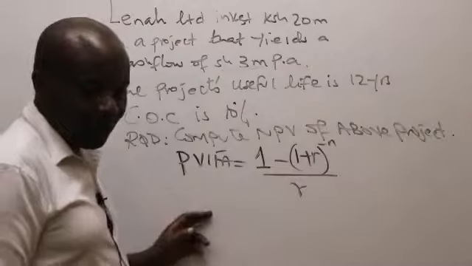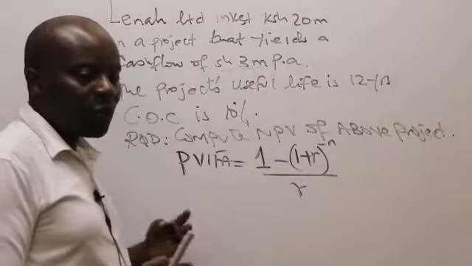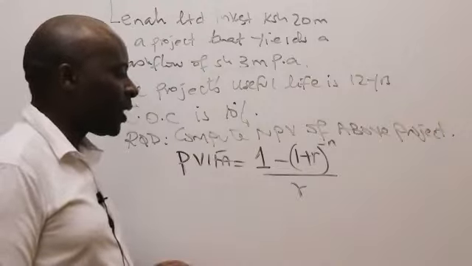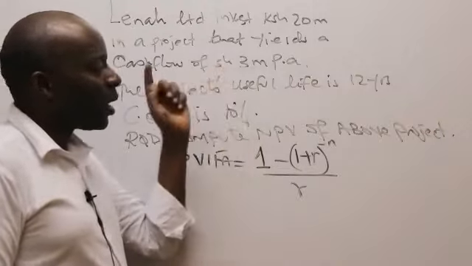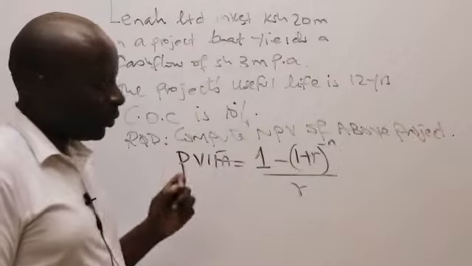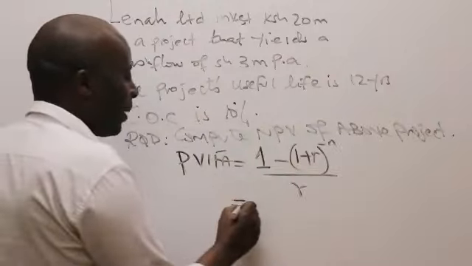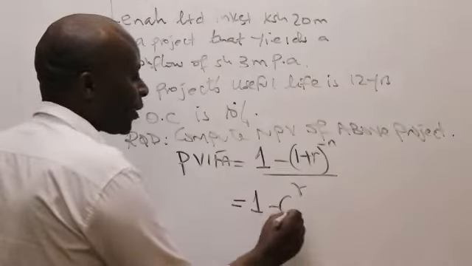I'm using PVFA simply because, ladies and gentlemen, I appreciate the fact that this is a regular, uniform cash flow. So if that is the case, then my PVFA here will be 1 minus, into bracket,